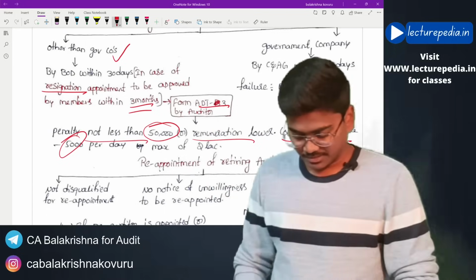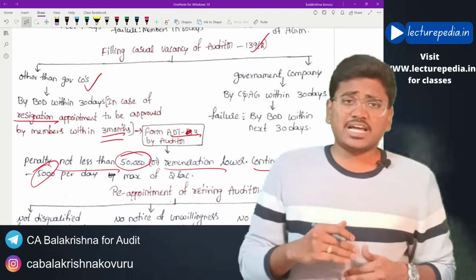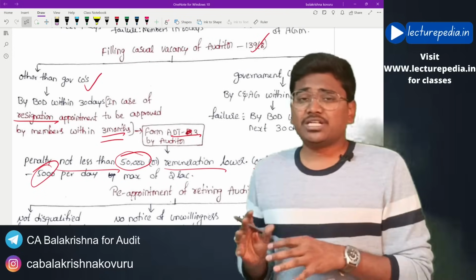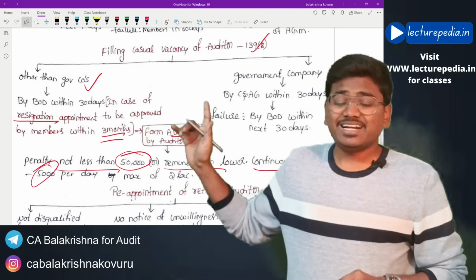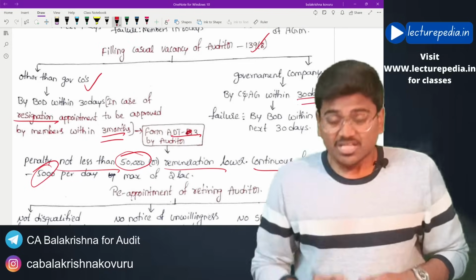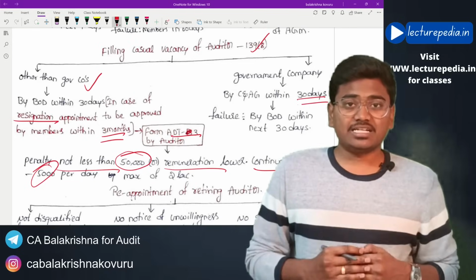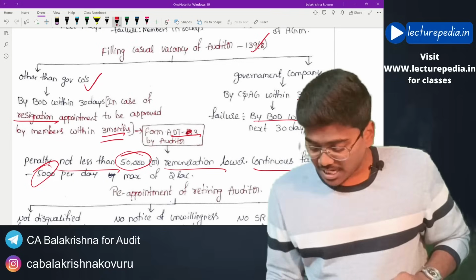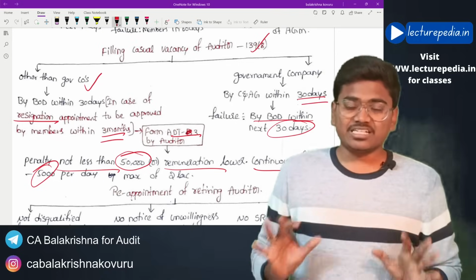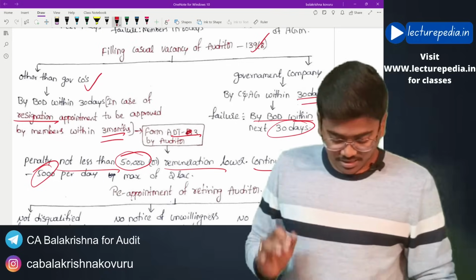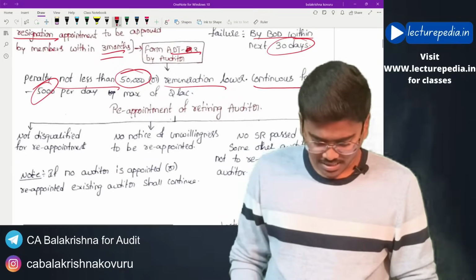Hope this is clear. Next, a casual vacancy in a government company will be filled by the C&AG within 30 days. If the C&AG fails to fill within 30 days, then the board of directors will have to fill within the next 30 days. This is regarding filling the casual vacancy. Next,